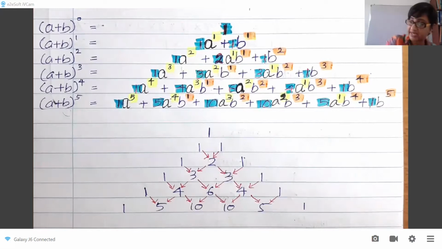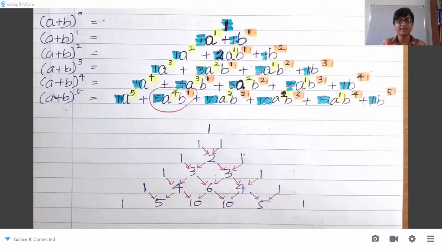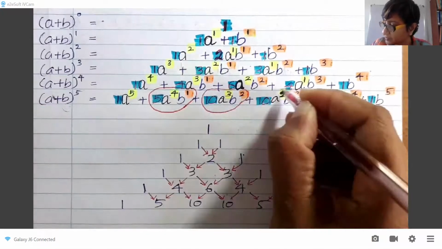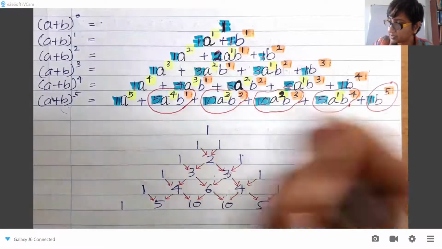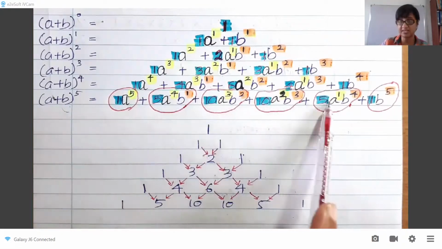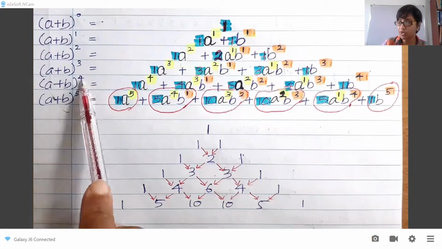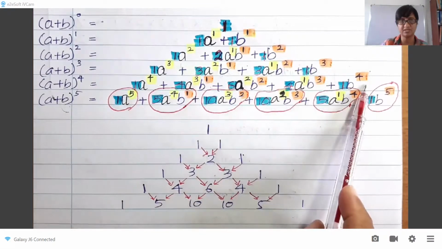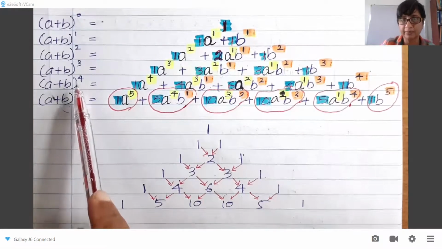Now, do you know when I say term, what a term is? Here's a term. That's one term in that expansion. Here's another term. Here's another term. Here's another term. Here's another term. So this last expansion has 6 terms. 1, 2, 3, 4, 5, 6. If the power is 5, you will have 6 terms. If the power is 4, you will have 1, 2, 3, 4, 5 terms. Sorry, yes, 5 terms. Always one more than the power number,